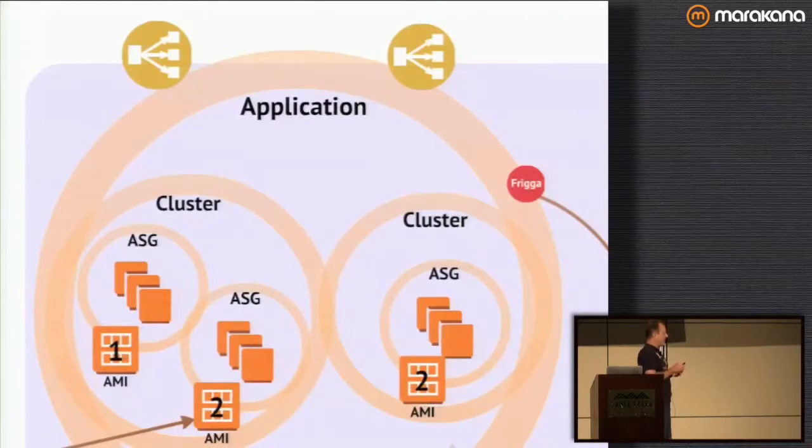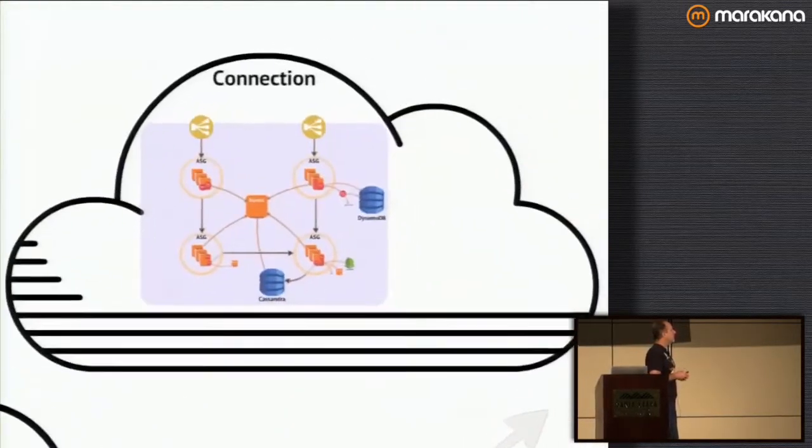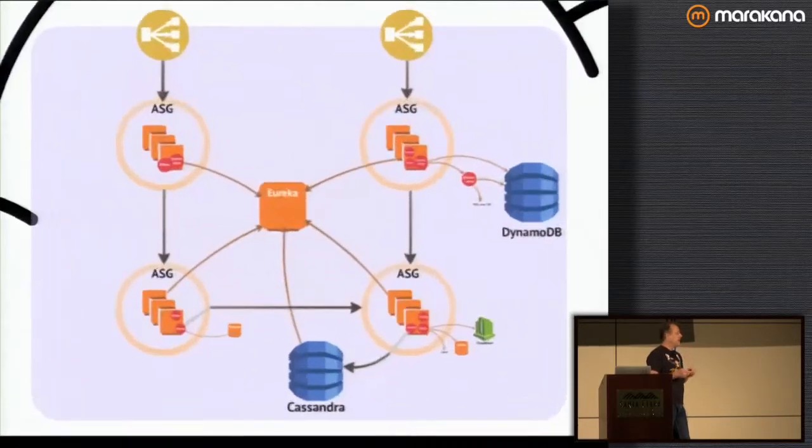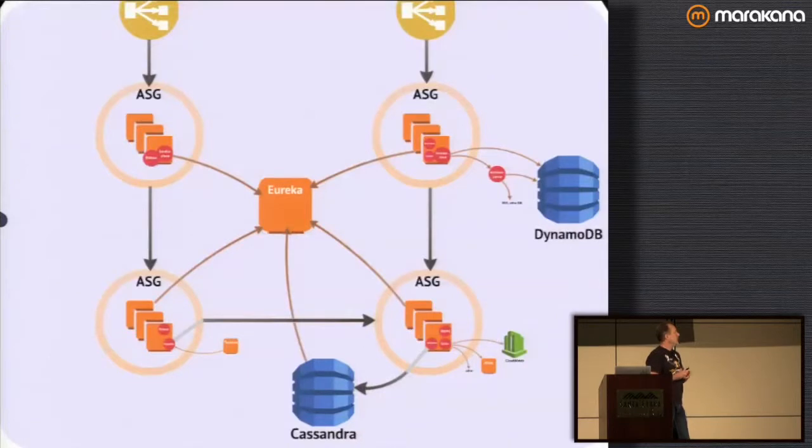Okay, so back here. Now we'll move on over to the connection side of things. In this section, I'll talk a bit about how you would actually write your Java apps so that they work in this sort of cloud environment. Really, a lot of it is about breaking your application down into small mini services, microservices, sometimes people call them, but really embracing the service-oriented architecture model. And one of the first things that is different in this model is that